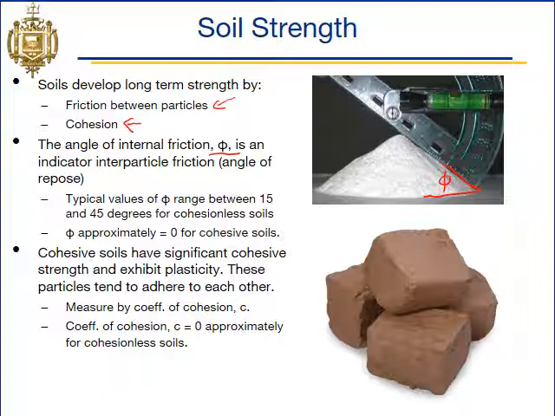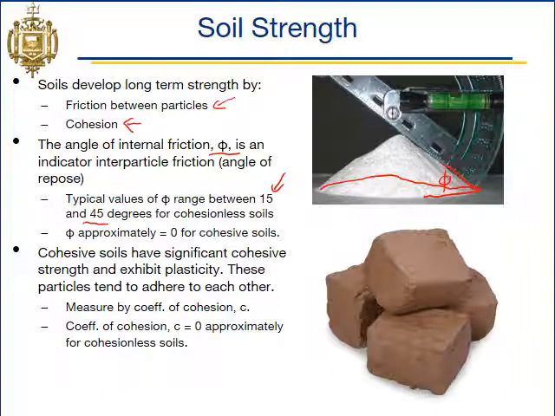Low friction soils would have smaller angles. That means if you have a low friction soil, your pile of sand, to make it taller, would have to be much, much wider. Whereas with high friction soils, you could get a taller pile of sand without such a wide base. Typical values for phi are between 15 and 45 degrees, so 45 degrees would be a very high friction